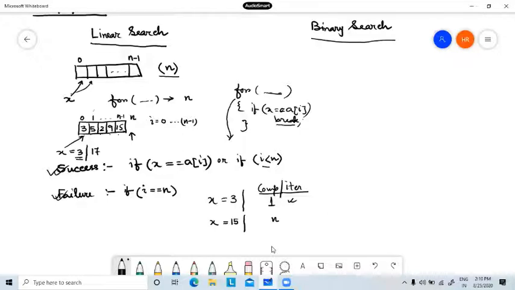But if I search 15, then it will give me n comparisons. So here 15 searching depends on n, but 3 searching does not depend on n.